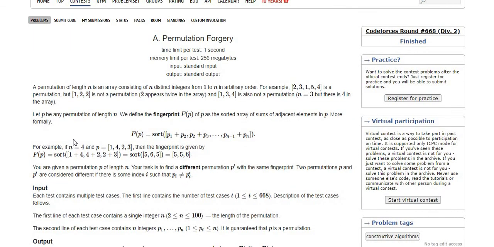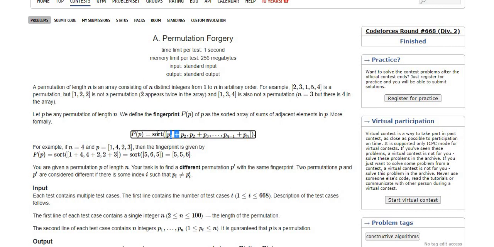So what we have to do here: initially we are given a permutation p. They define a fingerprint F of p, which is the sum of adjacent elements: p1 plus p2, then p2 plus p3, p3 plus p4, and so on until p(n-1) plus pn.